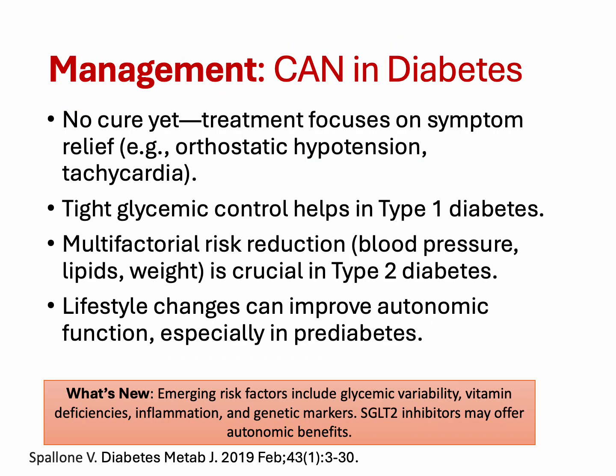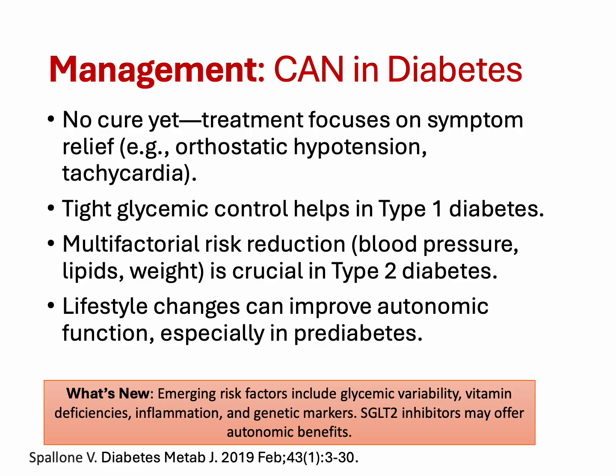Now, let's go to the management. There is no cure for CAN yet, so we focus on symptom relief, tight glycemic control in type 1, and in type 2, we target blood pressure, lipids, weight, and other comorbidities. Lifestyle changes can improve autonomic tone, especially in prediabetes. Emerging risks include glycemic swings, vitamin deficit,